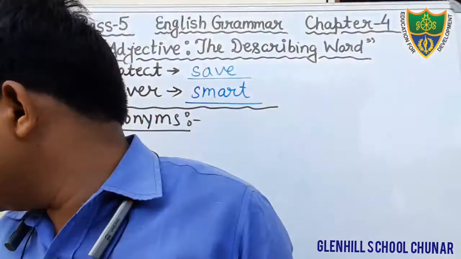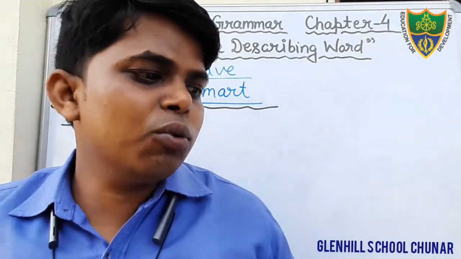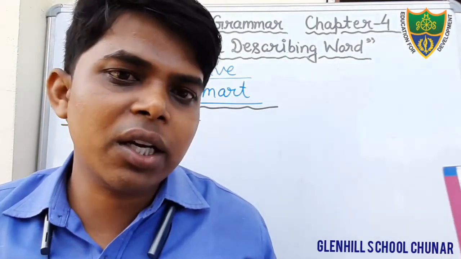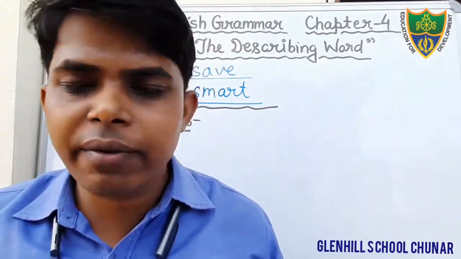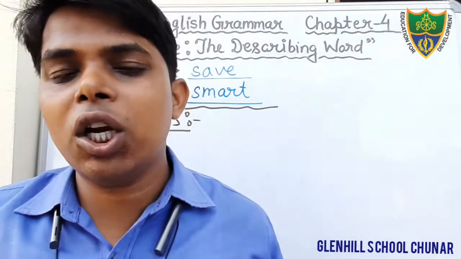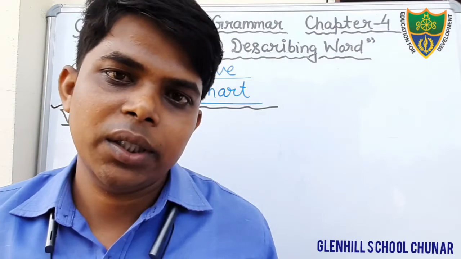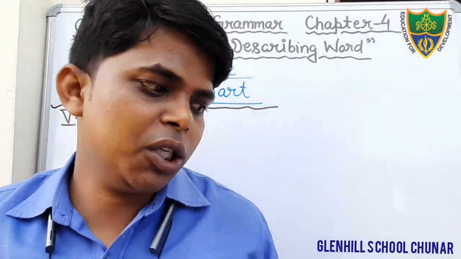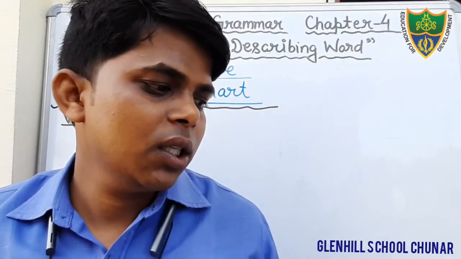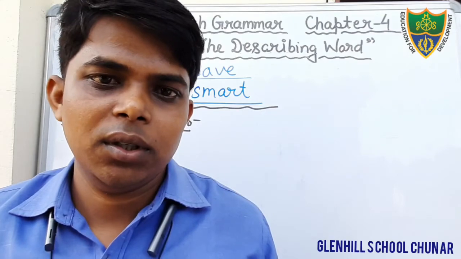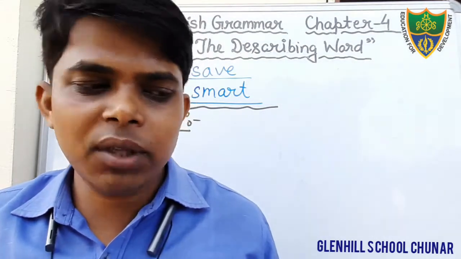Here, just see the question. Write an antonym for each of the following adjectives. Dear students, some adjectives are given. There are 6 adjectives given, and you have to write the antonym of each given word. Antonym is the opposite meaning of the given word. The first one is already done for us. Rich. Rich means a very wealthy person, and the opposite of that would be poor.